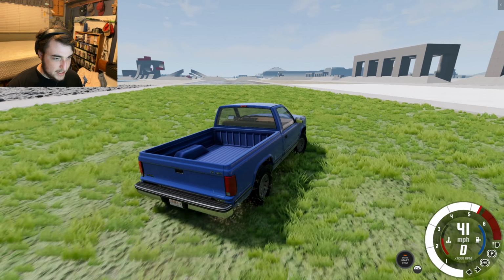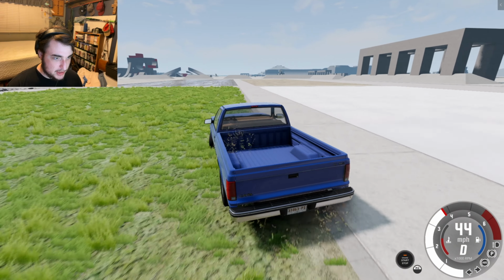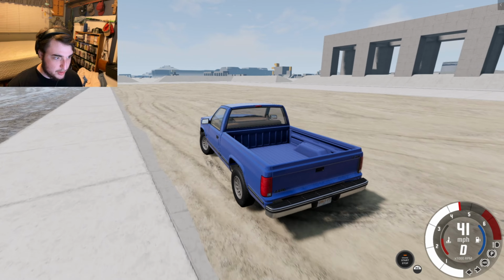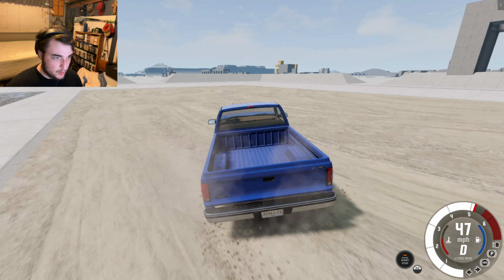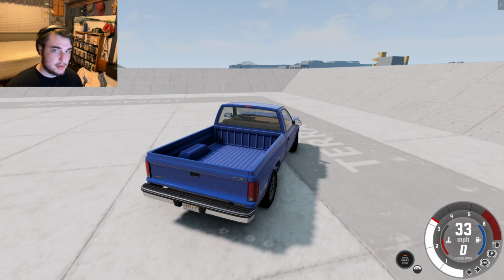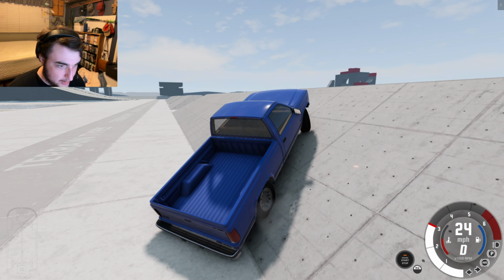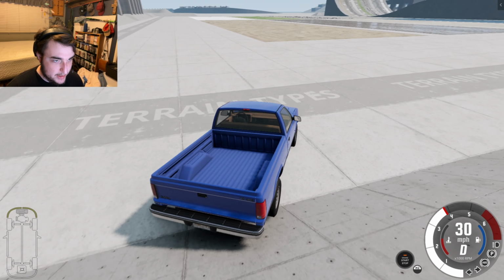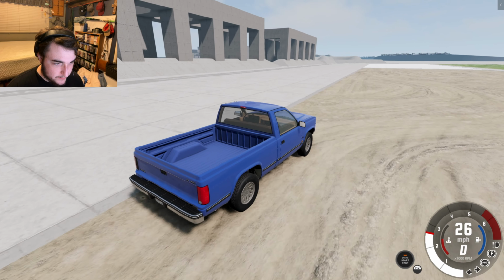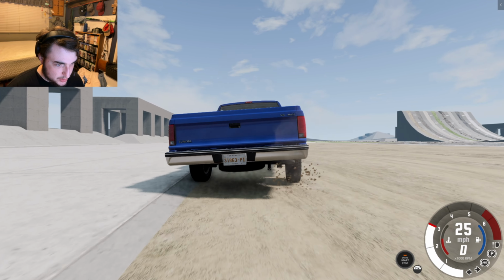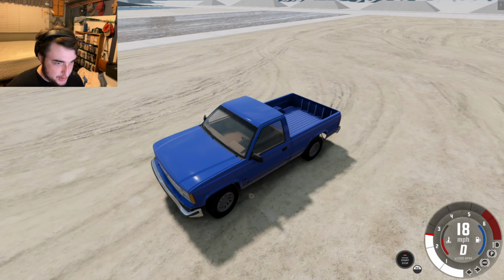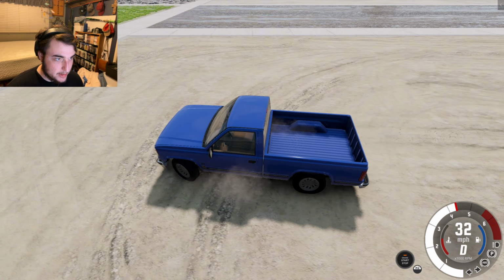As you can see on the grass, it doesn't have the same kind of traction as it does on the normal terrain. Here's some normal dirt. I would say it's kind of realistic. The only thing that I would say isn't realistic is that the terrain isn't affected by the car driving over it. So as you can see, I can drive this truck over it. It might create some tire mark textures in the ground, but it doesn't really change the terrain,